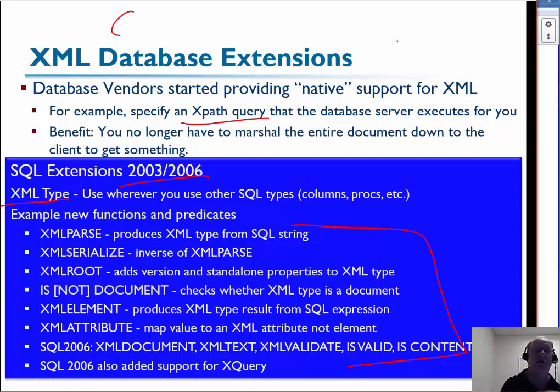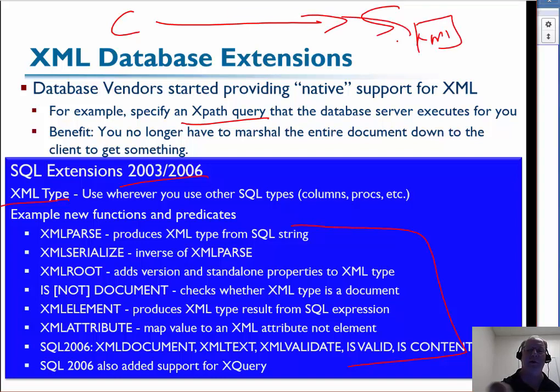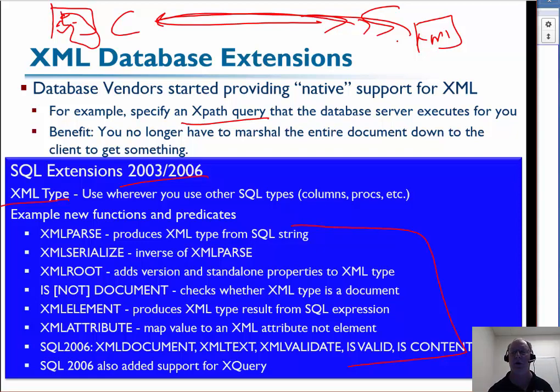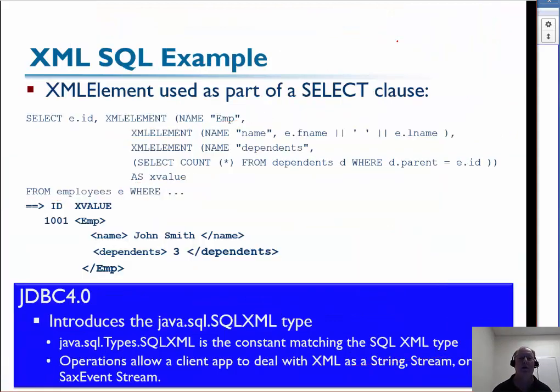Because remember, we're talking client server, your application code, server over here. So before, we've kind of assumed that you're going to pull out this XML, ship it over the wire, put it in the client space. The client space is going to DOM it up and then go do an XPath and find what you need. Now we're saying the client could send a query over and this XML will be DOMmed up over here. So then the XPath could be executed this way and only the results would go that way. Certainly more efficient. So you'd see all these kinds of things going on with database extensions, standard and vendor proprietary, to deal with XML in a SQL world.